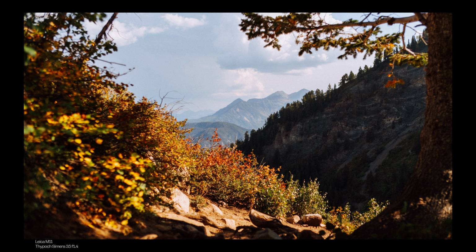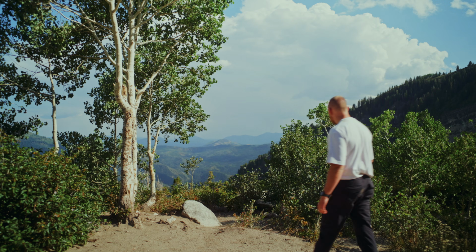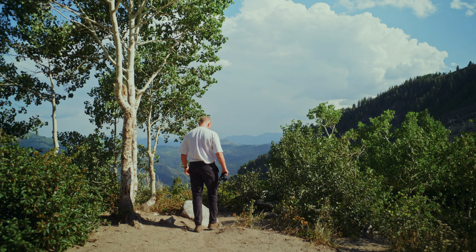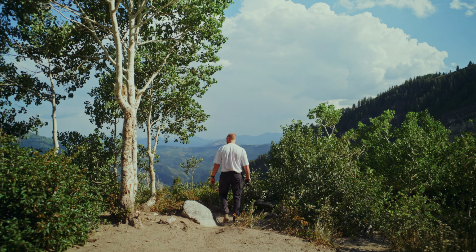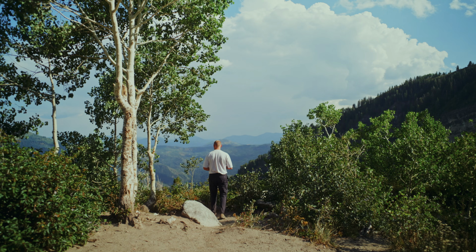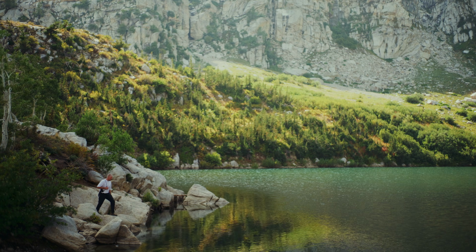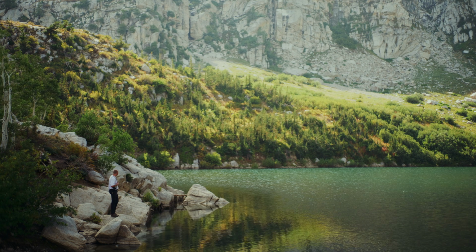And the biggest thing that I love about the M11 series, or the M series should I say, is the glass that is available on the M mount. Just thousands and thousands of different lenses, and each and every one of them has their own character. Now, in the early stages of me owning the M11, I was trying out different Leica lenses. Now, don't get me wrong, Leica lenses are probably the end goal, but they are incredibly expensive. I tried out some Zeiss, I tried out some Voigtlander, I tried out some TTArtisan,